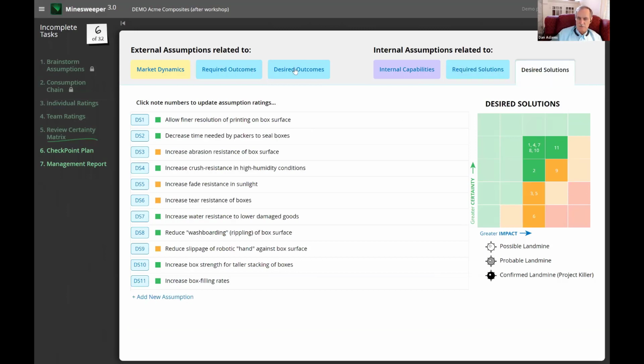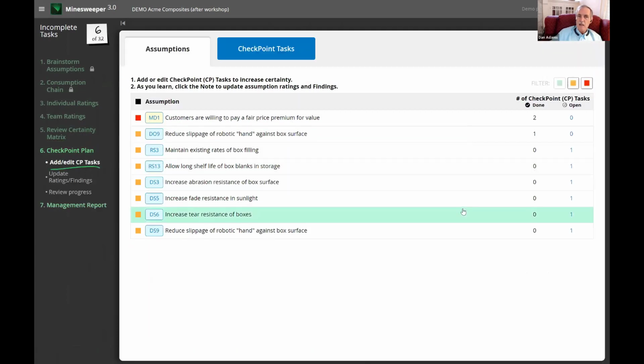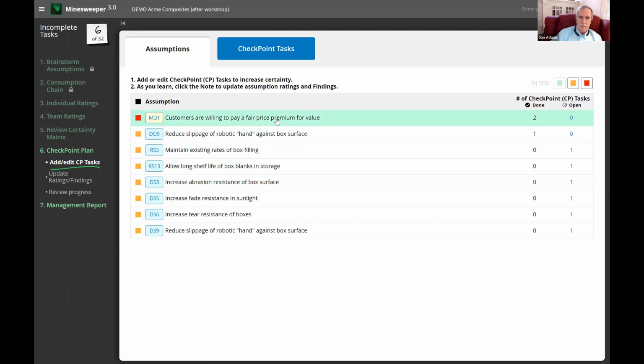One, required versus desired, and the other, how certain are we on the customer's outcomes, that they really want that, and how certain are we on our solutions. I'm throwing a lot at you in a very short order, but that's why you end up with 6 certainty matrices. Then you create a checkpoint plan, and I won't spend too much time on this, but basically what you